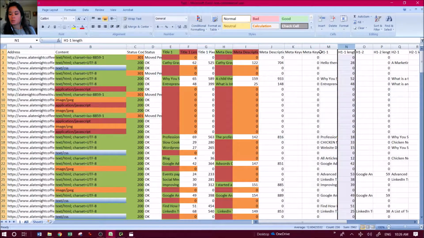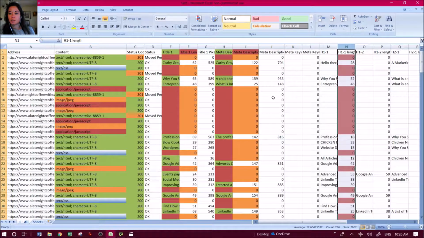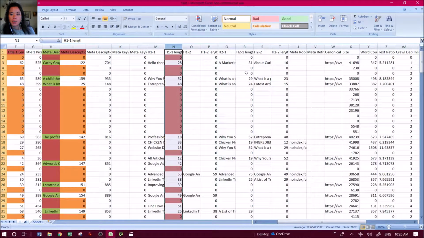So with the length, I'm not too terribly concerned with, but an easy way to see what to highlight it, if it has 0, equal to 0, then we can format it red. Now a lot of these are going to be red because of the design change that I had. See? We'll go over here, and it's just going to be a good thing to see, check up on